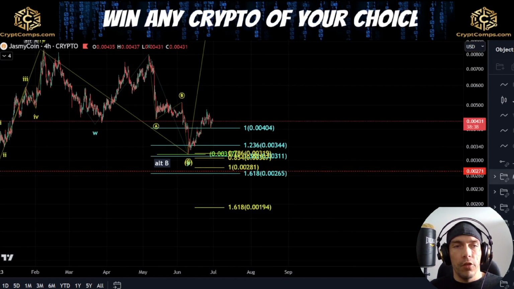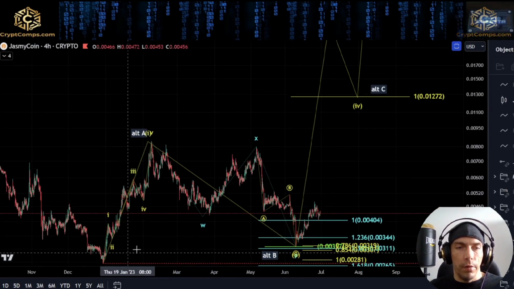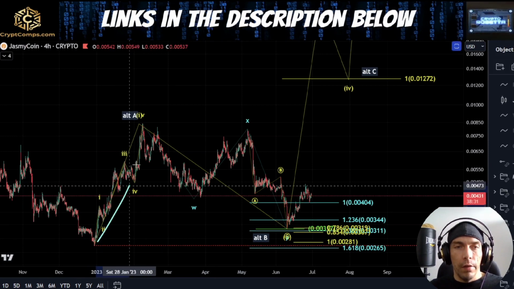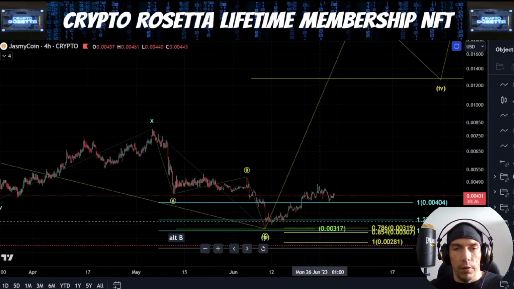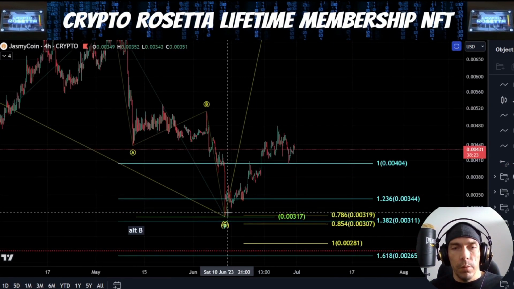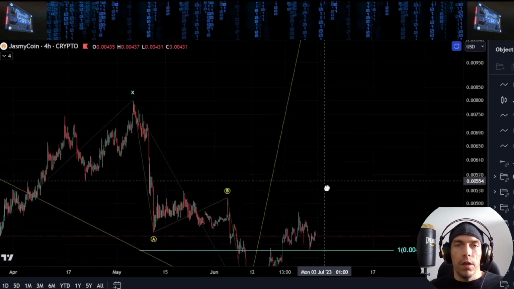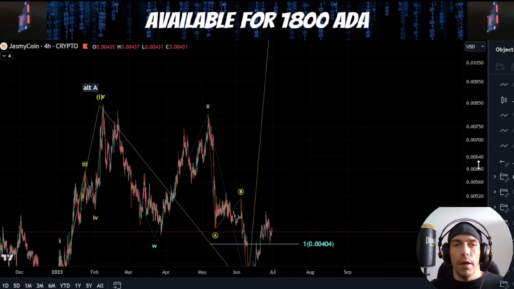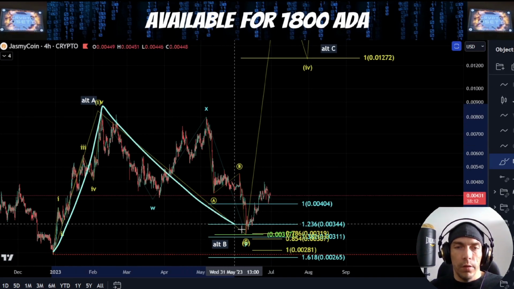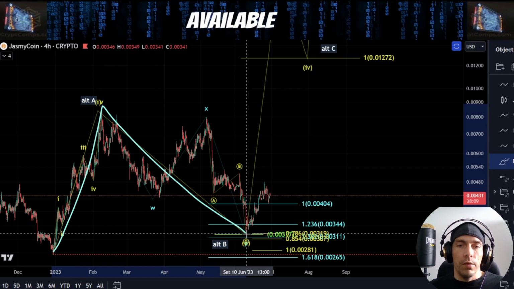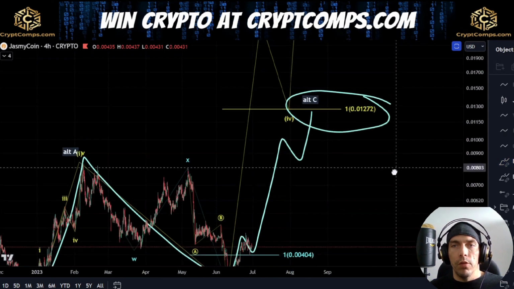Now, for that bullish case, which we talked about, where we said we potentially have a low in place here, what we could have is that this whole move to the upside here is an A wave. We have this as W, X, and Y, and this could then be completed, because as long as we hold this low here of this 316, potentially we could start to see a move to the upside. Now, there's two ways this could look to play out. We could have this as A, this is B, and then what we get is another 1, 2, 3, 4, 5, and we get a move up towards this 121, which is sitting here towards this